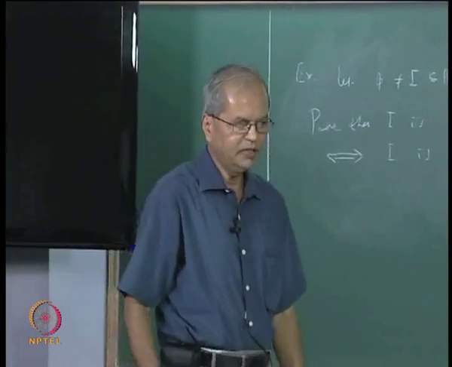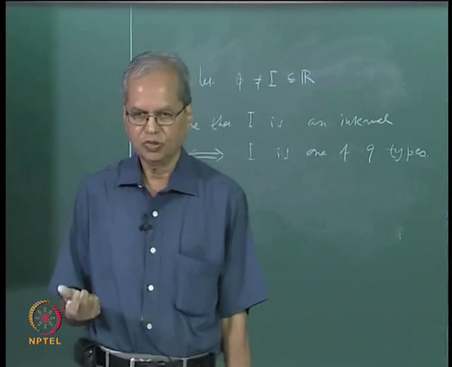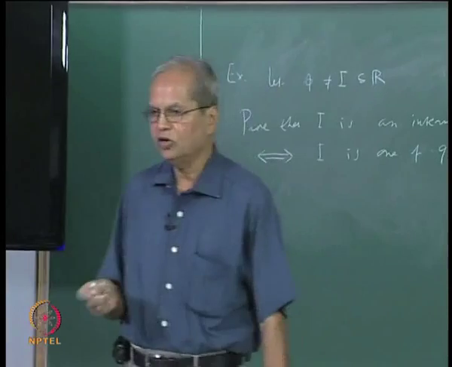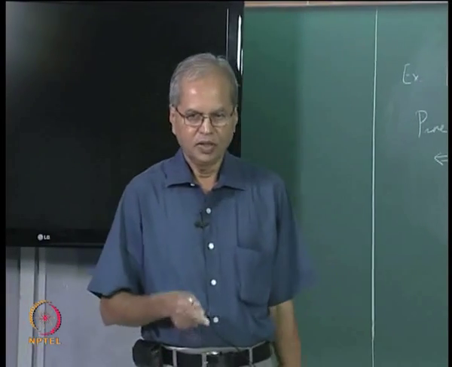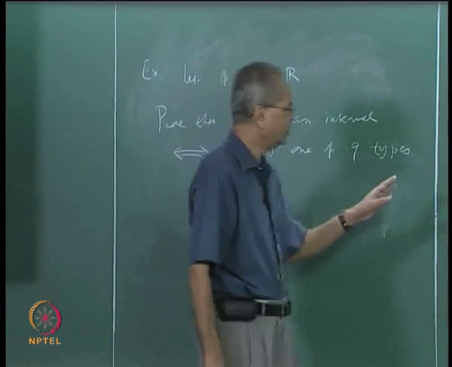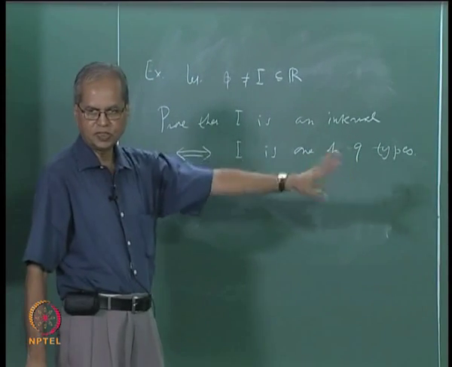If it is bounded above, then that set must have a least upper bound. Of course that least upper bound may or may not belong to I. Again that will decide what is the type of the interval. Similarly look at the greatest lower bound. Everything will depend on the application of the least upper bound property, and making use of it in various cases you will be able to show that all the intervals are one of these 9 types.